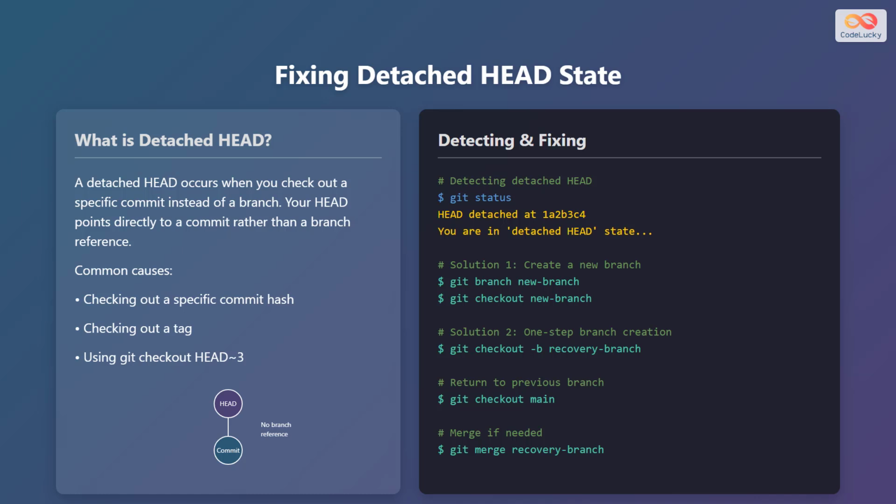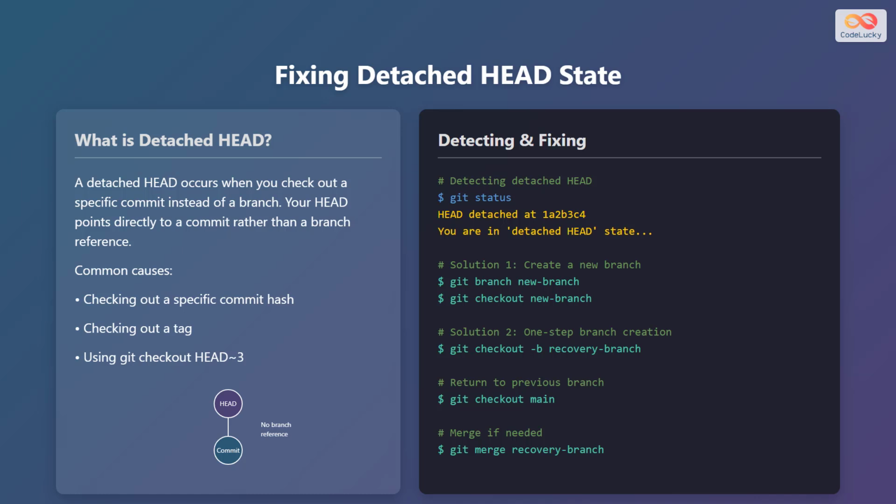A detached HEAD occurs when you check out a specific commit instead of a branch. Your HEAD points directly to a commit rather than a branch reference. Common causes include checking out a specific commit hash, checking out a tag, or using git checkout HEAD~3. To detect a detached HEAD, use the command git status. The output will show HEAD detached at, followed by a commit hash, and the message you are in detached HEAD